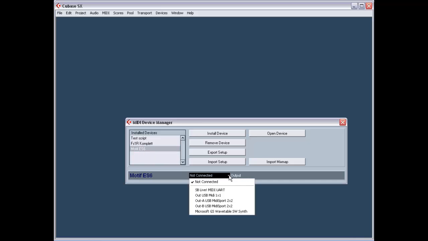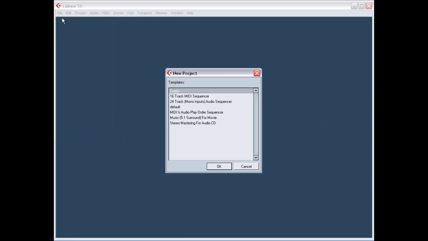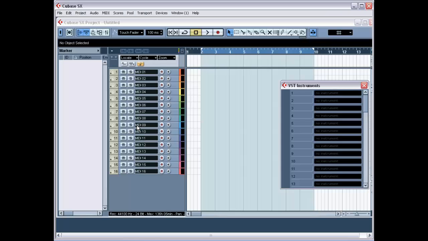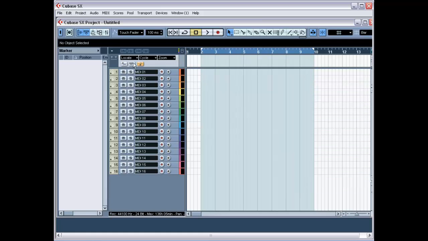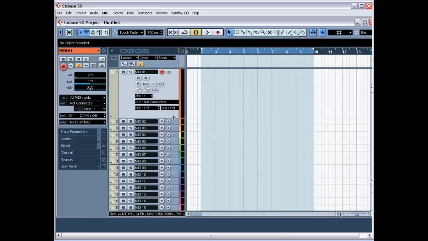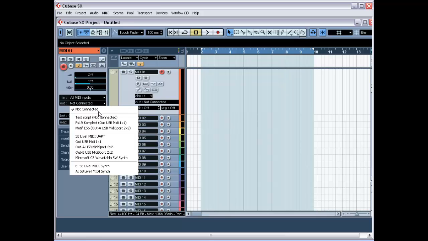And here you can connect it up to a particular MIDI port if you like. And I'll connect it up to this one. At this point, you can close up the window. Now, if you look at your projects, I'll just make a MIDI sequence project. What I can do is just expand this out, for my output, I can connect it to the Motif ES6,